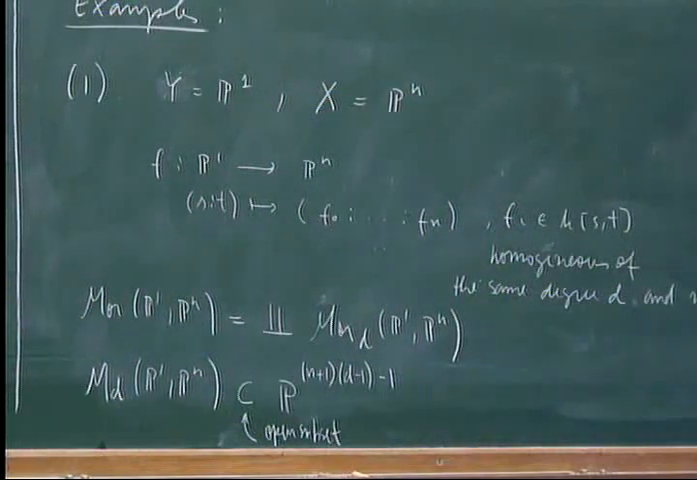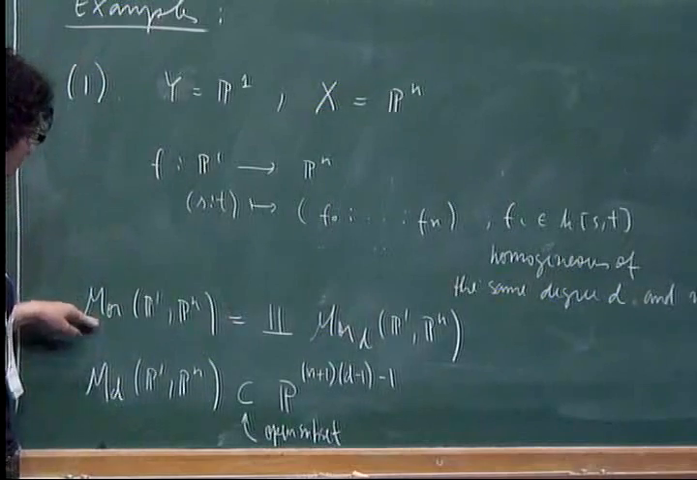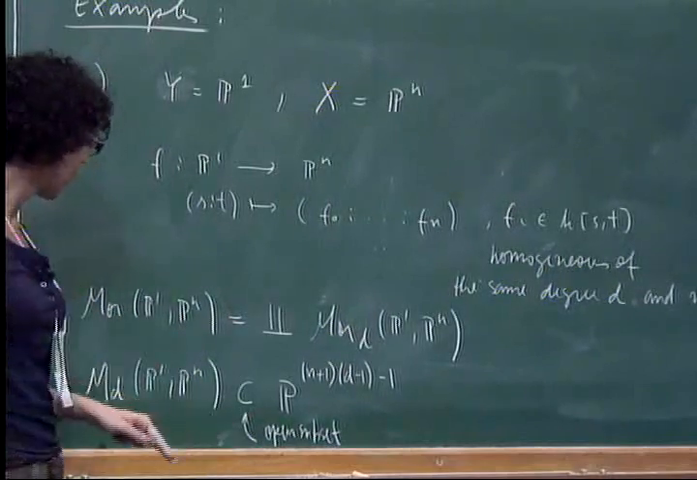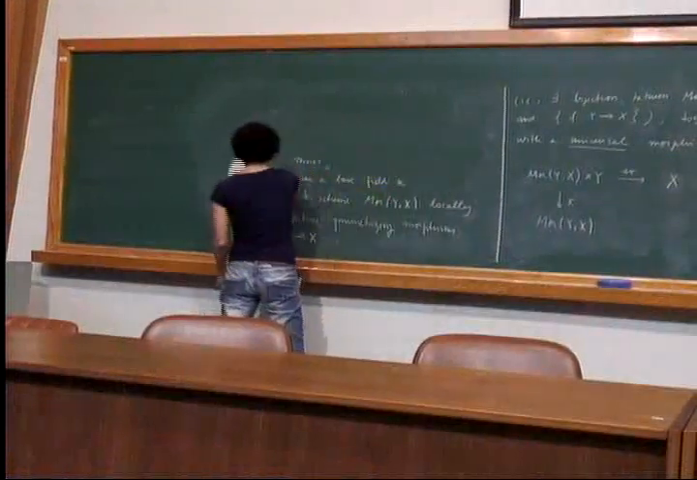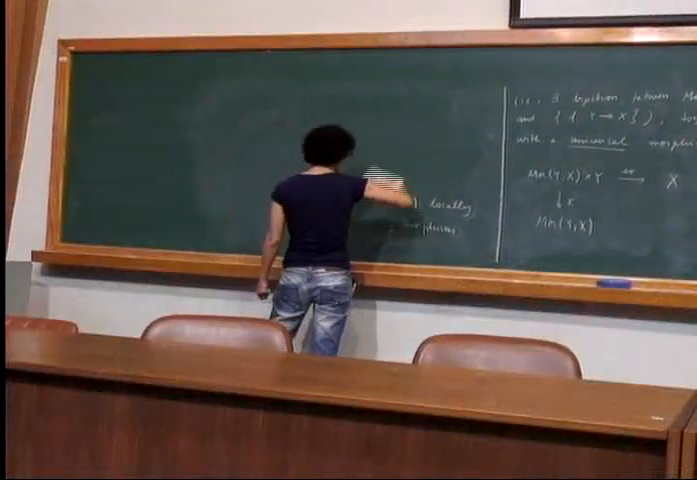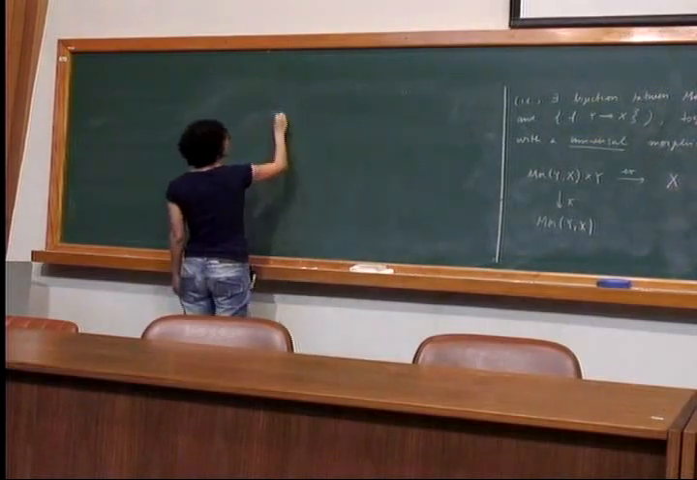So for Pn, we see that this scheme is a union of these quasi-projective schemes parametrizing morphisms of fixed degree. Now we can do the same for hypersurfaces of degree d. So example 2,